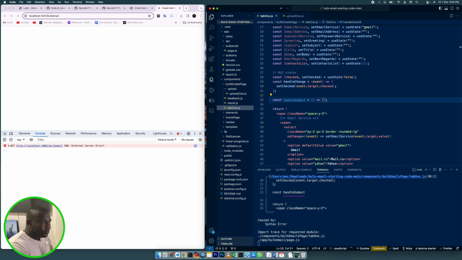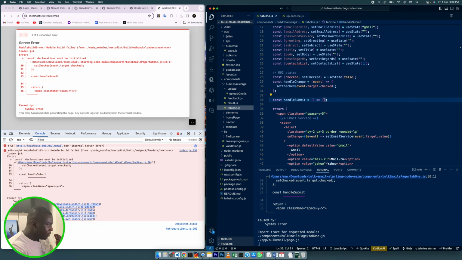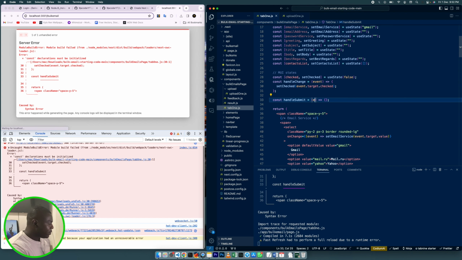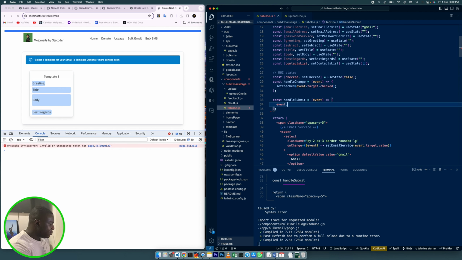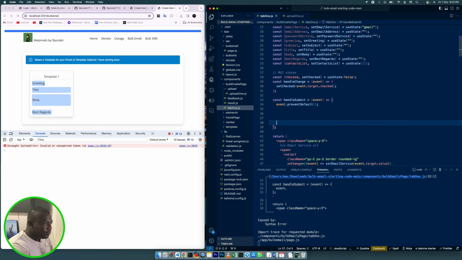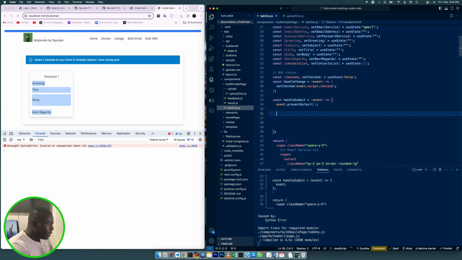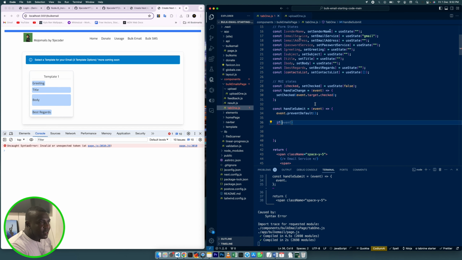Okay, so handle submit has been created, and now we can start working on it. So in our handle submit, we're going to say event, and we're going to come inside here. We're going to say event dot prevent default. Okay, the function. All right, perfect. Then we're going to check this field. Like, we want to check this field. So we're going to say if condition, our email service is